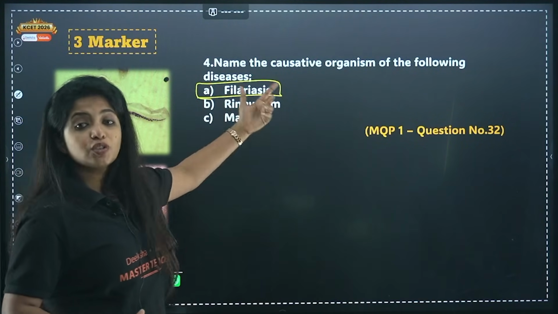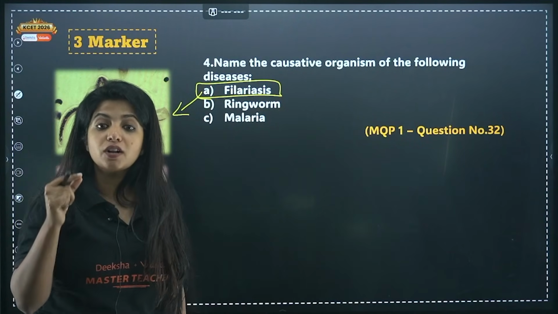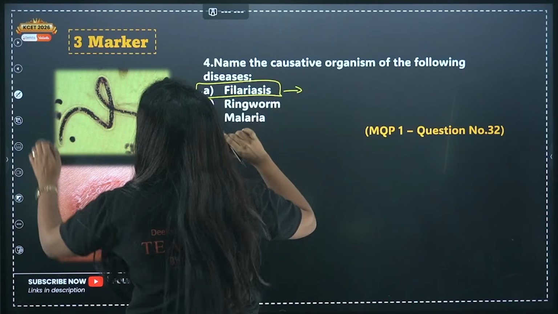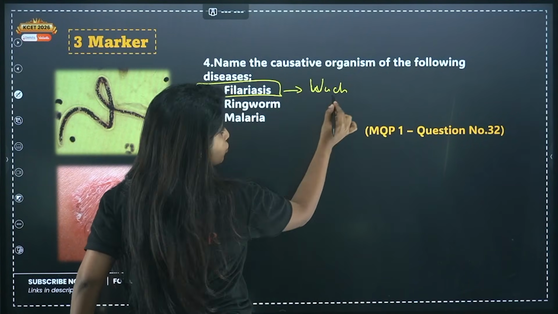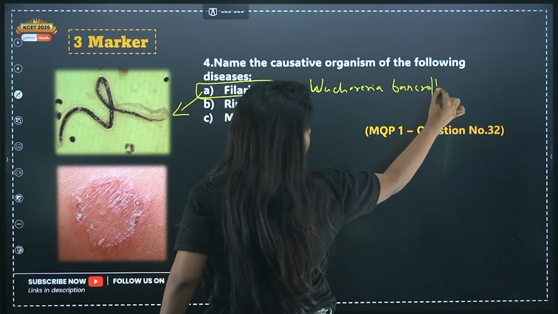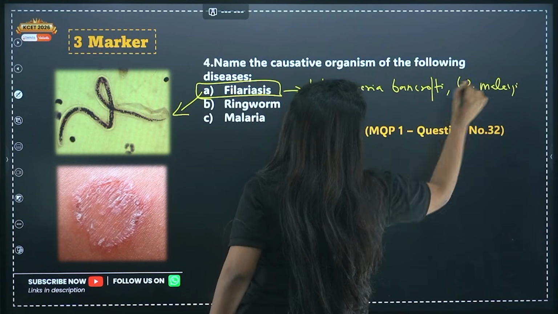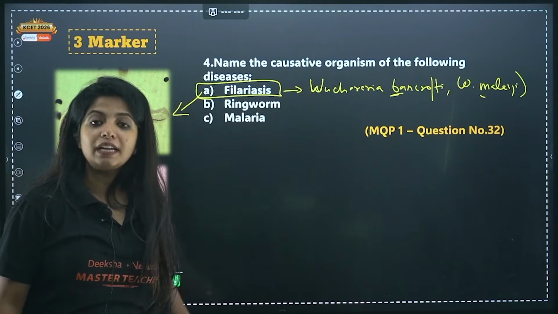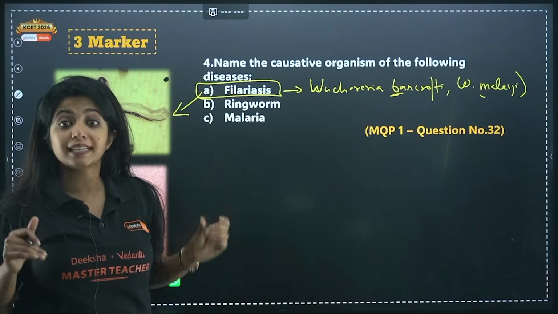Now filariasis is caused by what? Its name is Wuchereria bancrofti or Wuchereria malayi. Malai, as in the thing that you get in milk, you can remember with the help of that. So Wuchereria, always remember capital W should be there. Wuchereria bancrofti is there, and apart from that W. malayi, small letter. The second word, the species name, should always be small. And they come under Aschelminthes. Aschelminthes means roundworms, they all come under Aschelminthes.